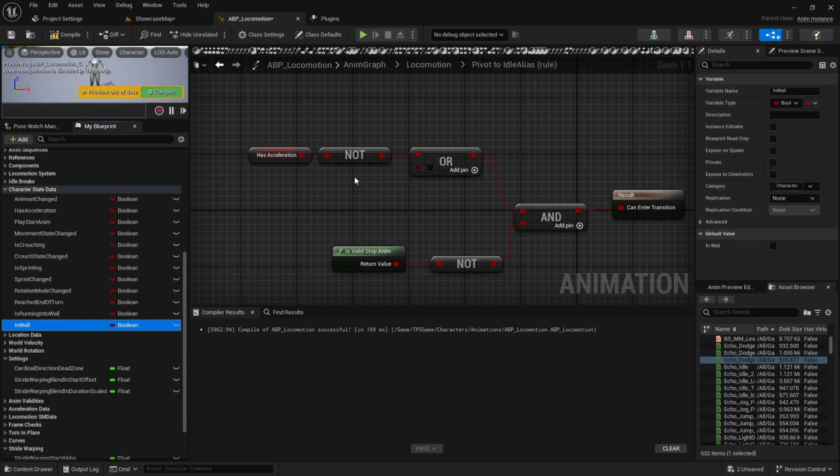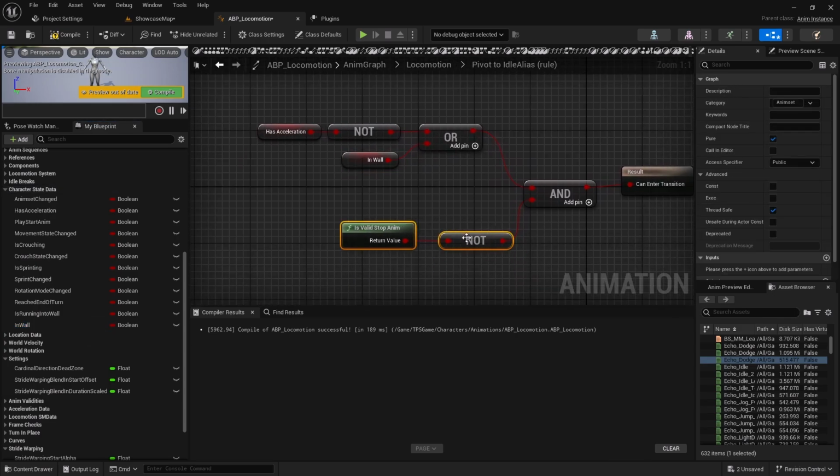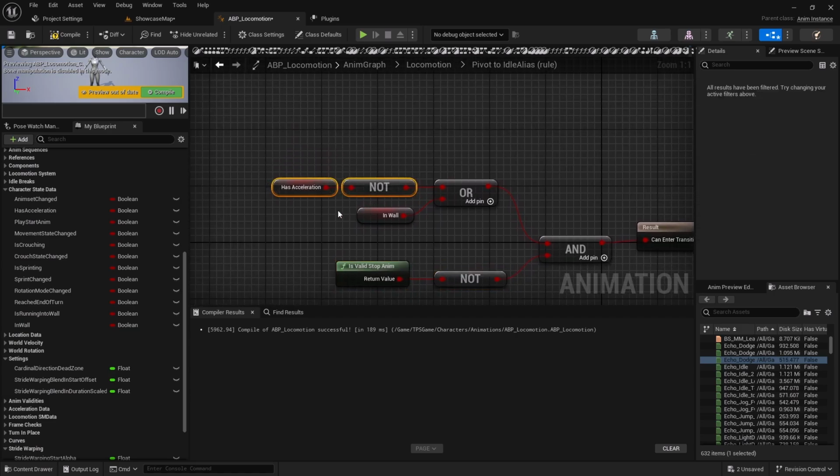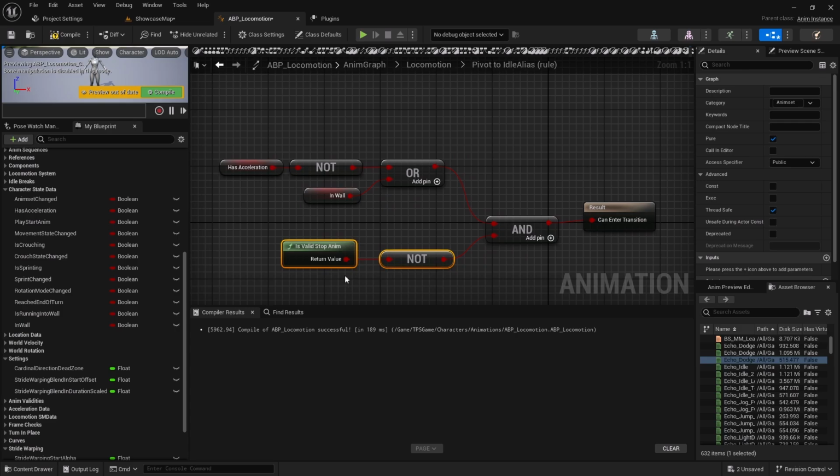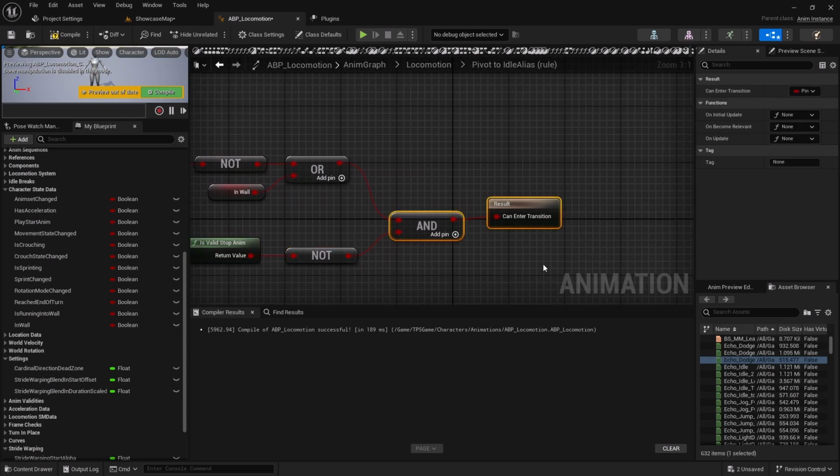And I'll add this in wall here, right? So if it doesn't have an acceleration or we are in the wall with an invalid animation to be played as the stop, then we make a jump from pivot to idle aliases, which means we jump from pivot to the idle state again,